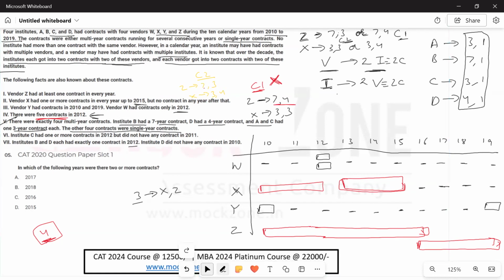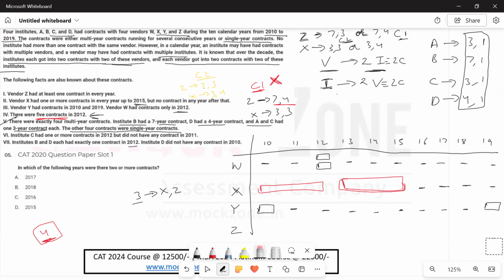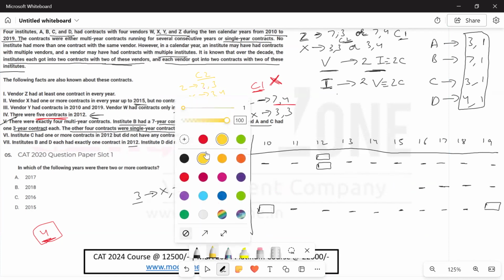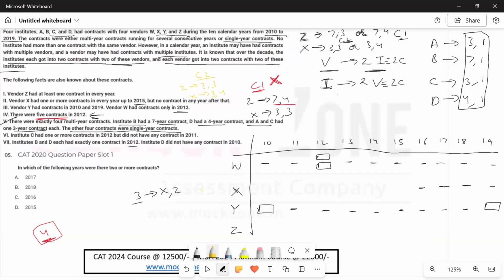ठीक है. So we know that this red wala case is not possible. We'll delete this. So we'll come to the yellow case number 2. Let's consider case 2, where X has 3 and 4, and Z has 7 and 3. So let's consider पहले, अब जब 3 and 4 है, तो let's assume कि पहले 4 years का उसके पास केस है, and then 3 years का है. So the overlap कहाँ पे होगा? यहाँ पे होगा